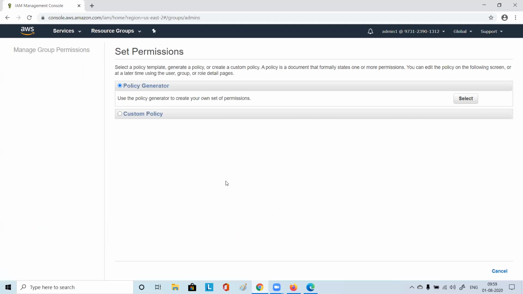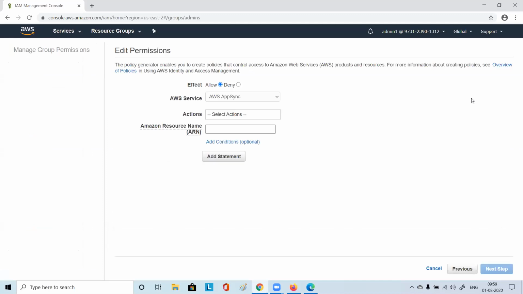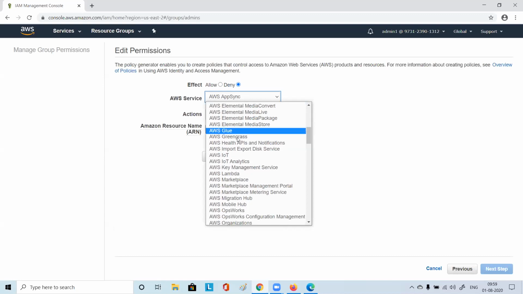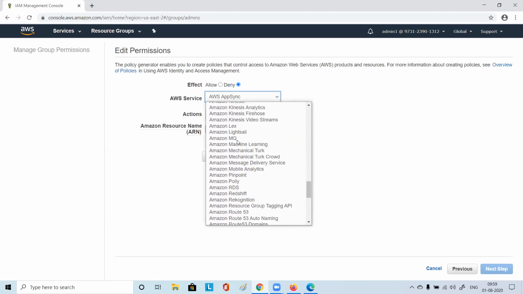right? So you see policy generator is there. Policy generator, you just click on select, you just try to deny. Full access we have given, but delete bucket we don't want to give. But create a bucket and all other things, everything, let him enjoy. But delete bucket I don't want to. Now just choose which kind of service you want to restrict.